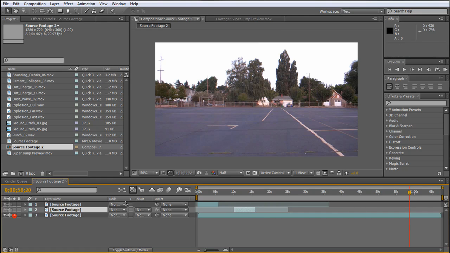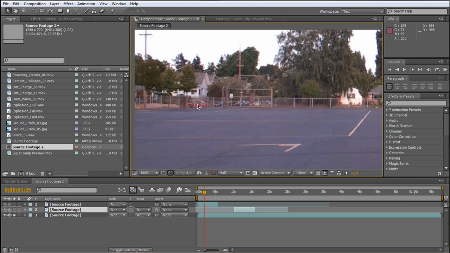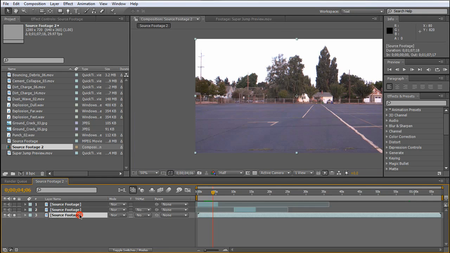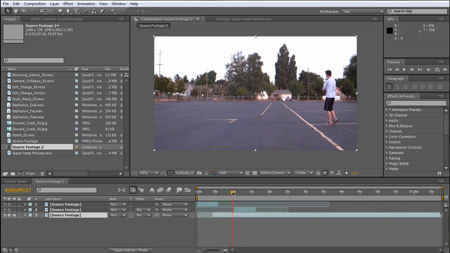Let's go ahead and solo the bottom layer, because for this we're going to want to get a clean plate. As you can see here, hold down H to drag, let go of H to go back to where you were. I've got a car driving out, so I'll take it from about right here. Source footage, Alt left bracket, and go just to before I come onto the screen. This essentially is a blank plate. So Alt right bracket, and you're going to go ahead and